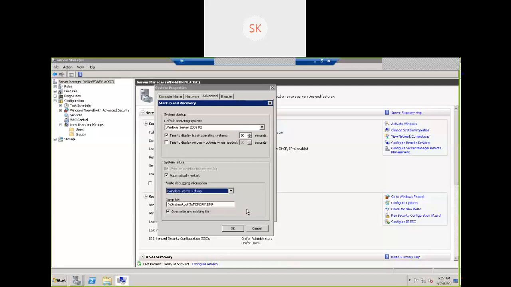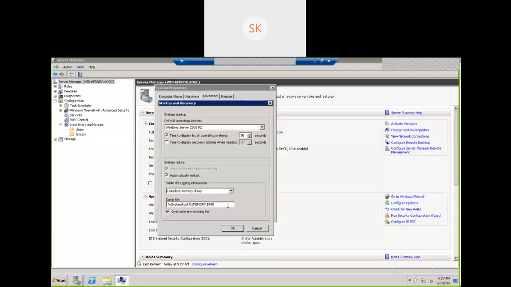This is the system root, which by default is C:\Windows\System32. That is the default path. You will find the MEMORY.DMP file there. If it is not configured, we need to configure it. There is also a None option. If you select None, the memory dump is not going to be available, and I will not be in a position to understand why the unexpected reboot is causing a problem. So we need to identify what the memory dump is and where it is available.